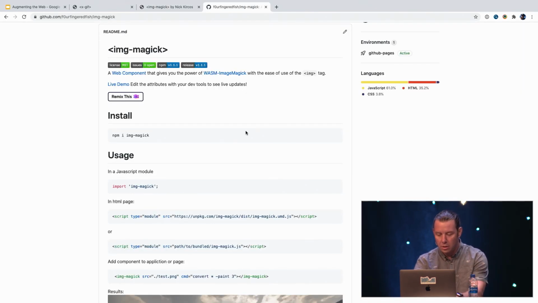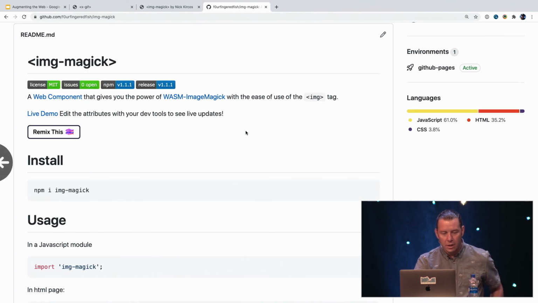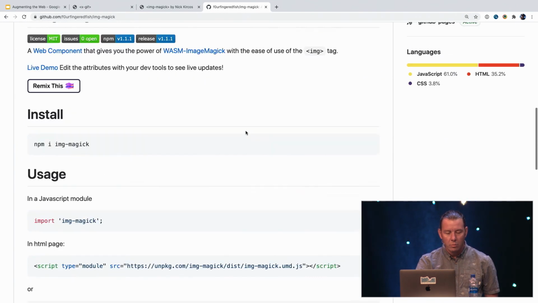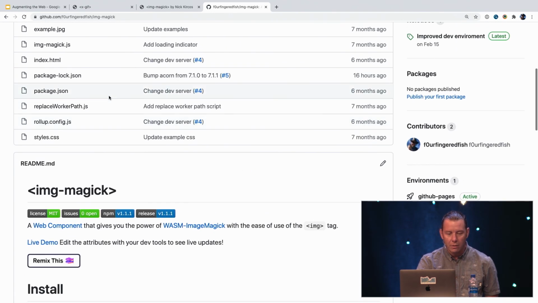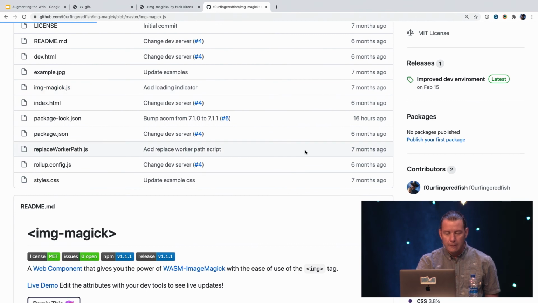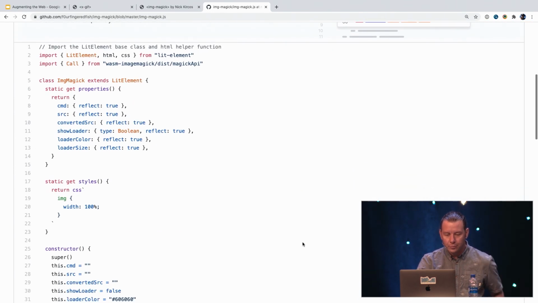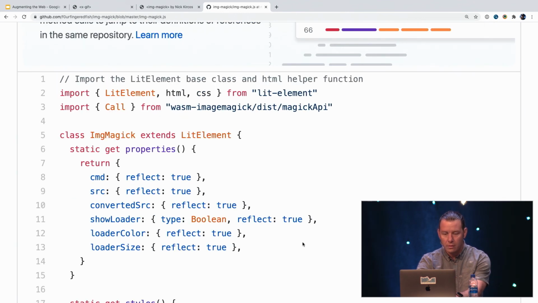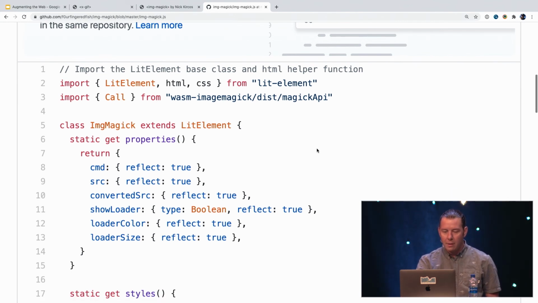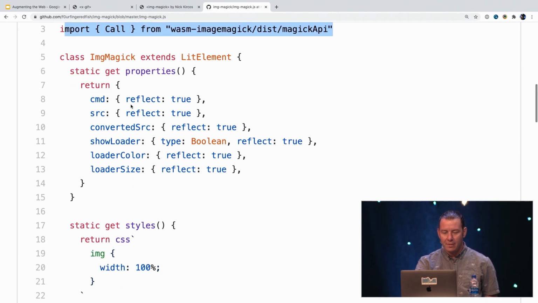Here's the package. We can take a quick look at the code here. Actually, let's look at how it works. It's pretty simple. All right, so I used Lit Element, or Lit, I don't know what it's called. And I'm importing my WebAssembly ImageMagick package here. I'm setting what